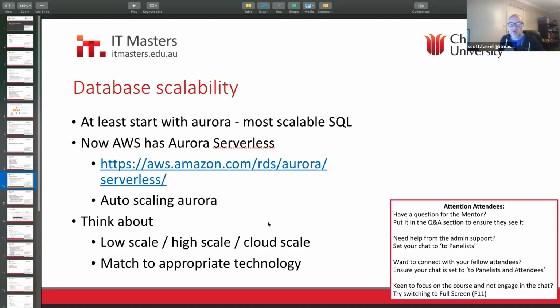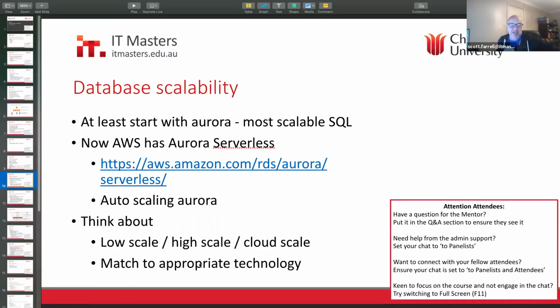Or you go to what I call cloud scale, where you might have huge spikes in traffic. Someone might be doing a TV commercial, or someone might do a Facebook post, and then you expect all this big spike in traffic to come through. Or you might have a web shop and you do a sale, and then your database goes nuts for 24 hours. So there's some things that you might need to really be able to scale up.